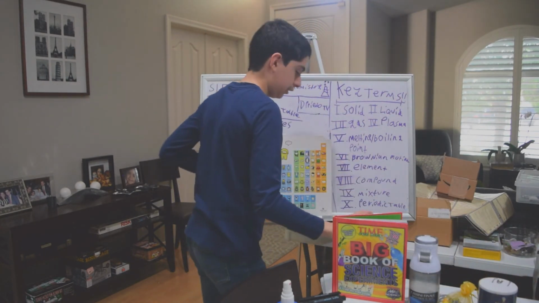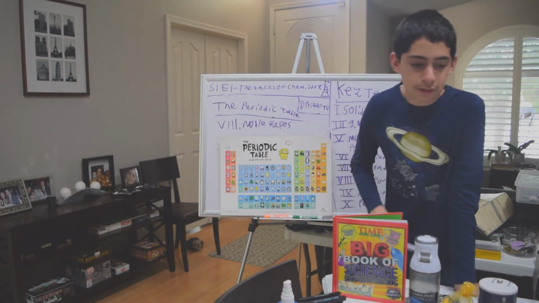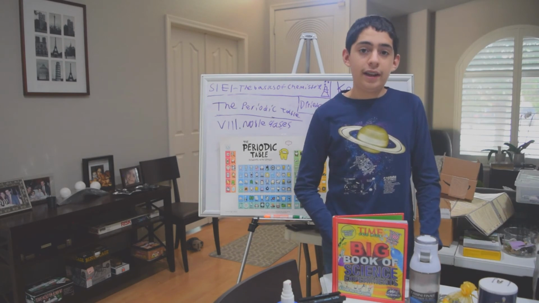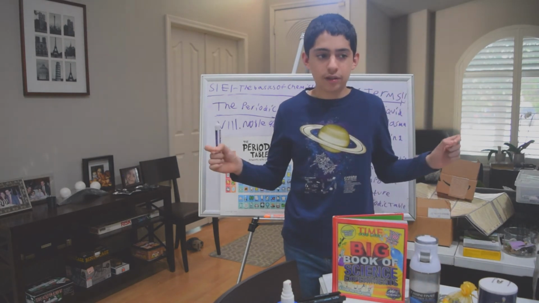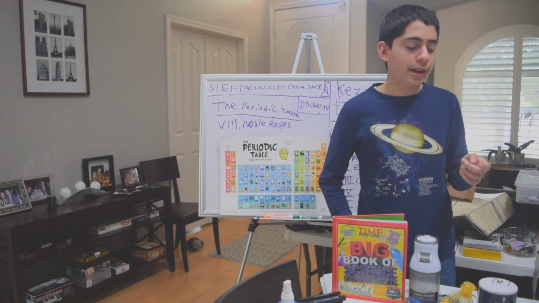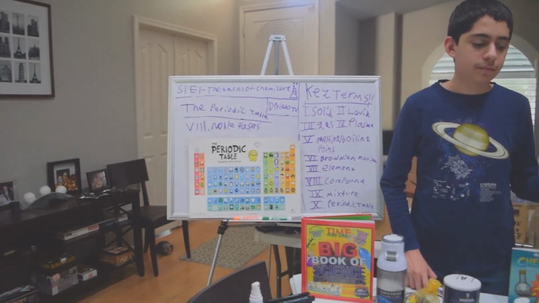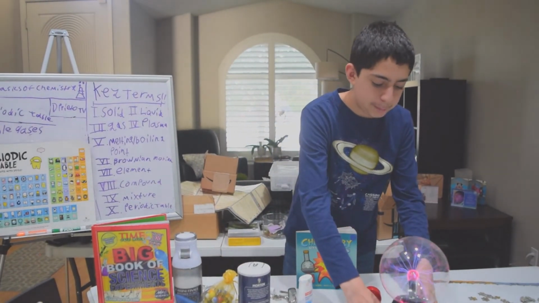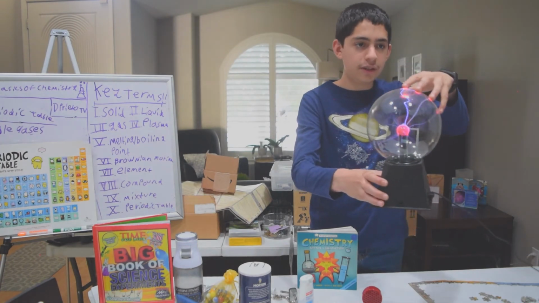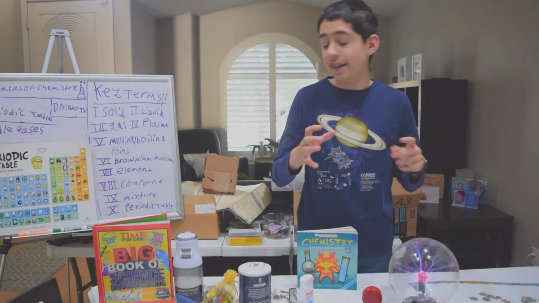So, noble gases, they are all gases except for this one. This is an element that I'll get to later. These elements don't react with anything. They will never react with anything you find. And if you have some in a tube, when you run electricity through them, they make bright colors. An example here would be my plasma lamp, if you just turn the camera over here. My plasma lamp has noble gases inside, and that's how you can see the colors through the lamp. Like I said, when you run electricity through noble gases, they get excited and make cool colors.